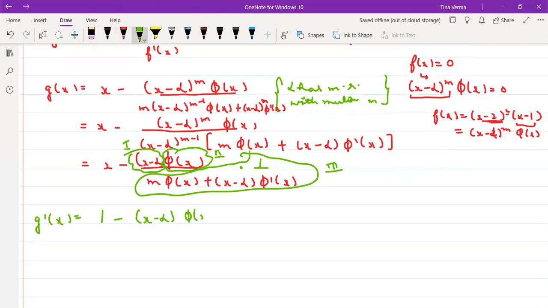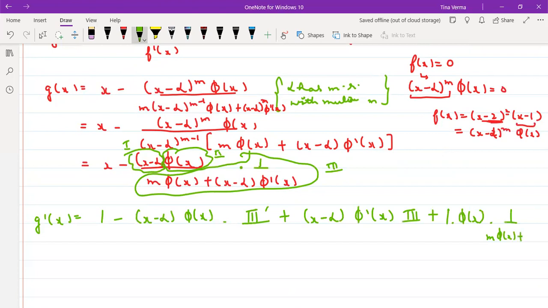P of x as it is. I am taking the derivative of third. I am just writing third dash x plus x minus alpha as it is. Second, I am taking the derivative, that will be phi dash x. Third as it is, plus the derivative of first will be x minus alpha, which will be 1, and it will be phi of x into 1 upon the third derivative m phi of x plus x minus alpha